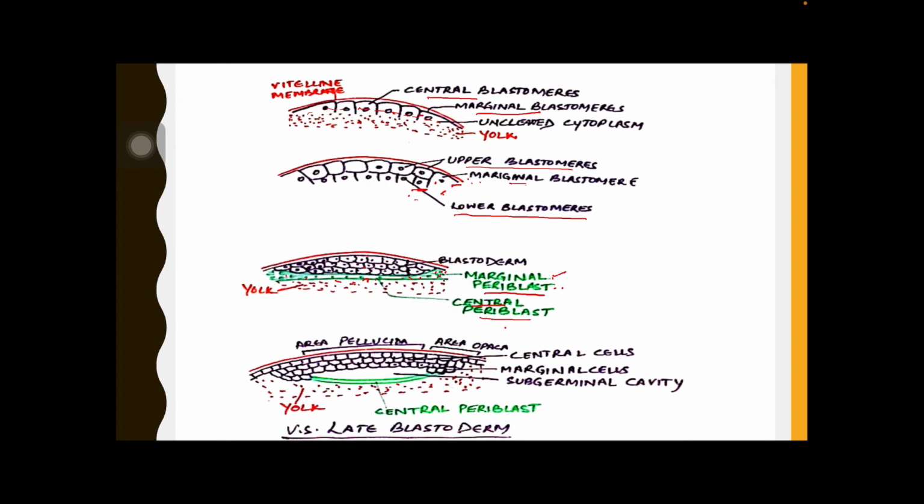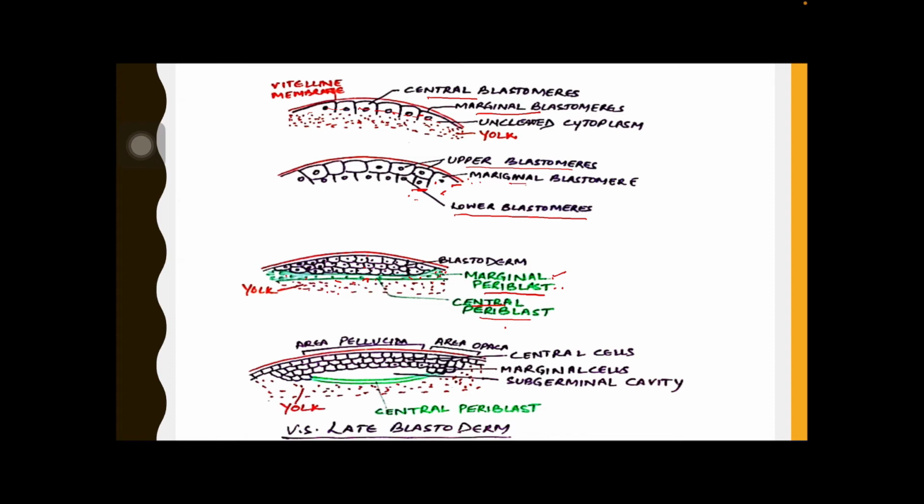तो फिर इसका function क्या है? Its function is to break down the yolk. Yes, it is in direct contact with the yolk, so its function is to break down the yolk to provide nourishment to the developing embryo, right? So now further horizontal cleavages take place, right?